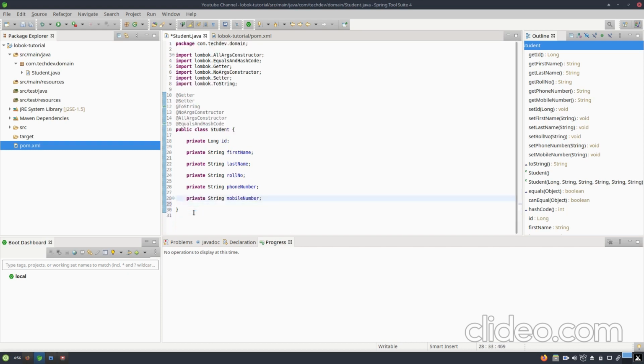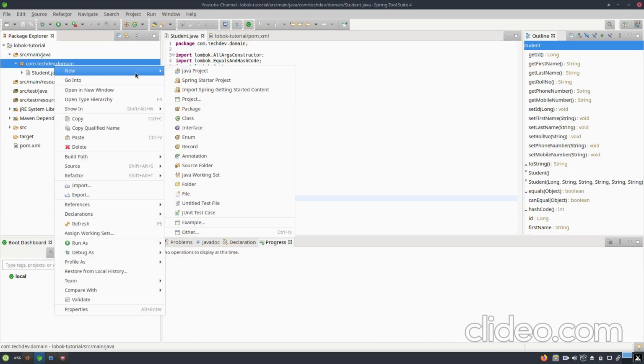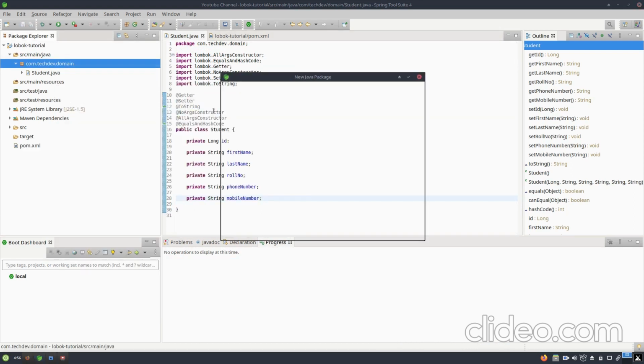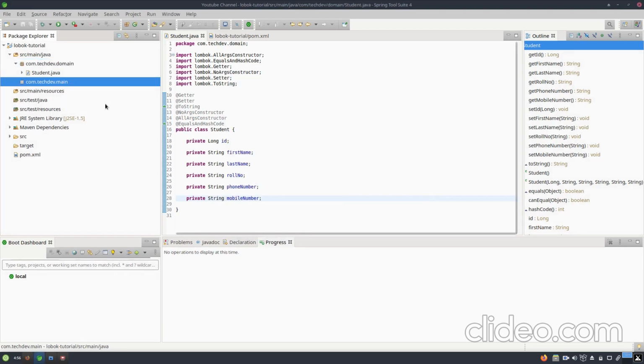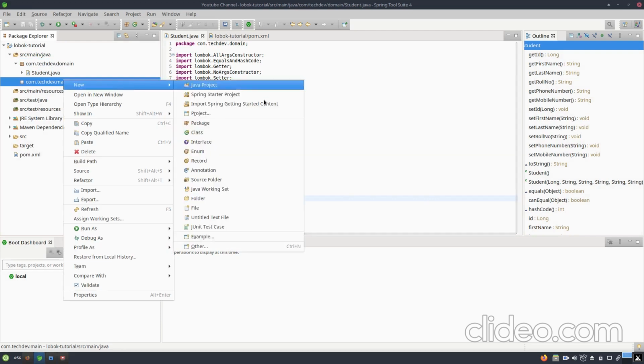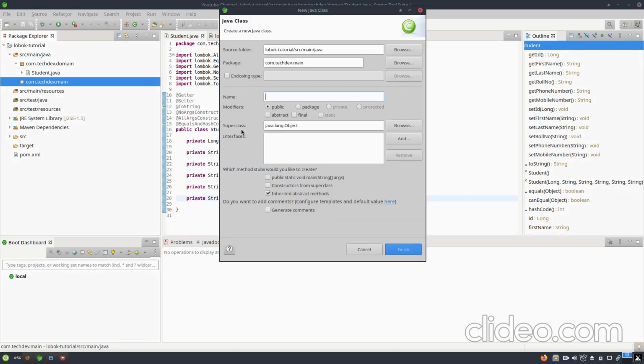So let's have a main class, LombokTutorial.java.